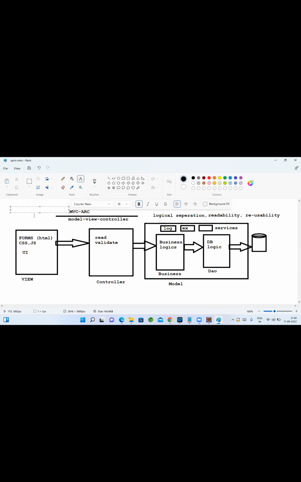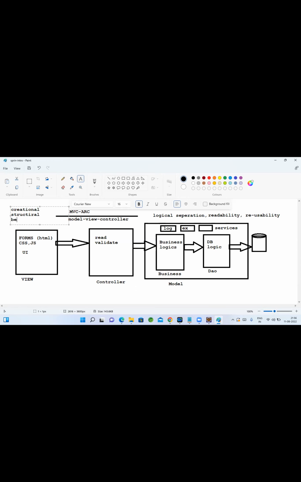We call them object oriented design patterns, OOAD patterns. There is the SOA pattern, service oriented. We have creational patterns, basically creational, structural, and behavioral.